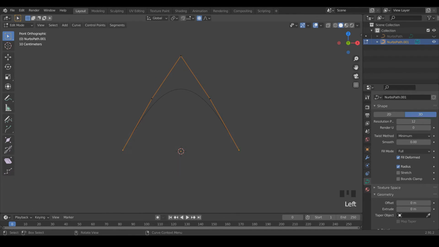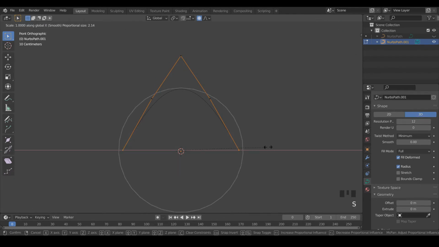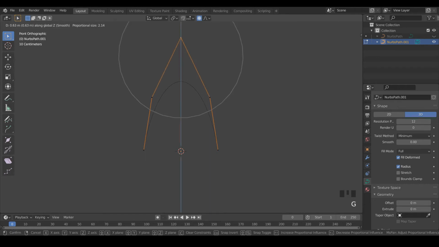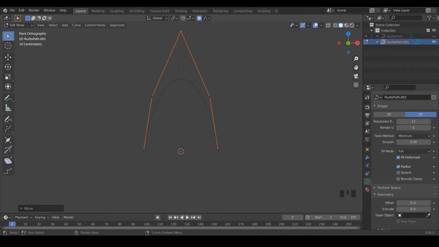I'm going to bring these two in by hitting Scale and X. And move this one back up. And I'm just looking to make an arc like this.